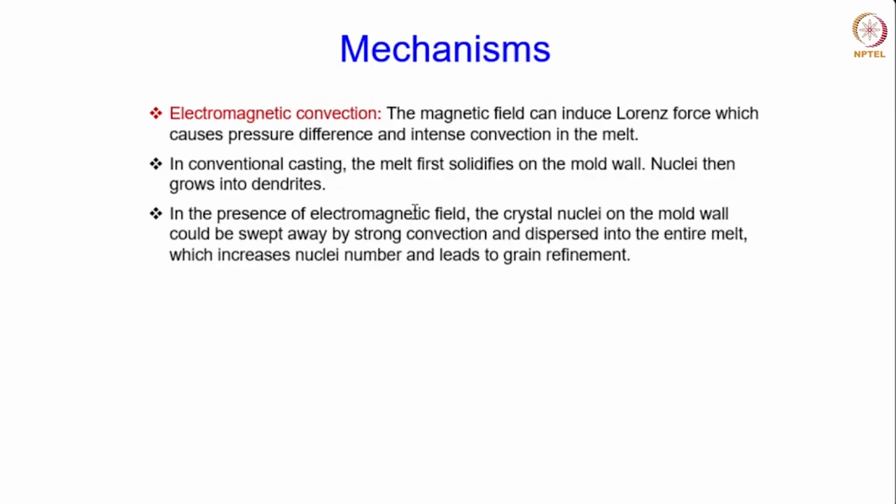Then finally we talked about this electromagnetic convection. Here the magnetic field is being utilized. The magnetic field creates a strong convection in the liquid metal, and due to that convection, the solid nuclei which form on the mold wall get swept away and get dispersed into the liquid metal, providing more heterogeneous nuclei and leading to grain refinement. So with this we come to the end of this lecture, but I will see you